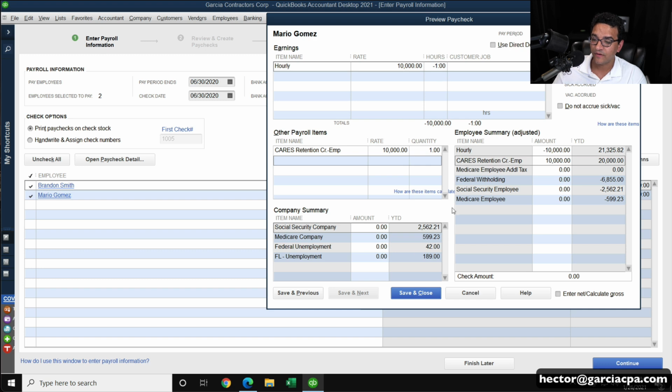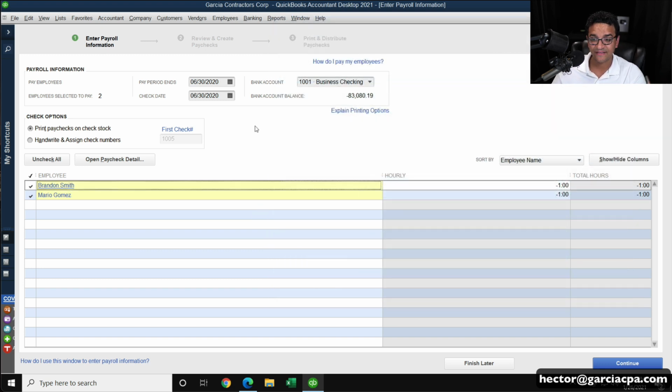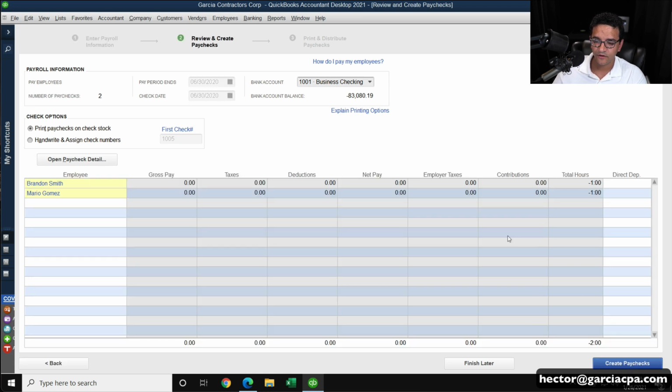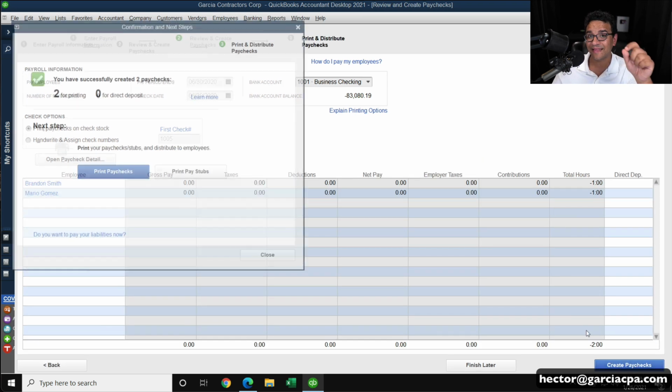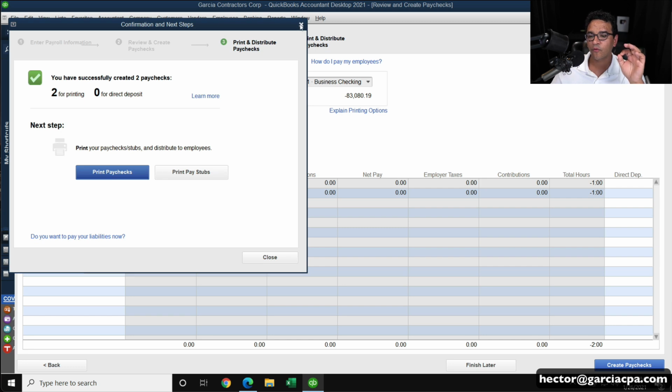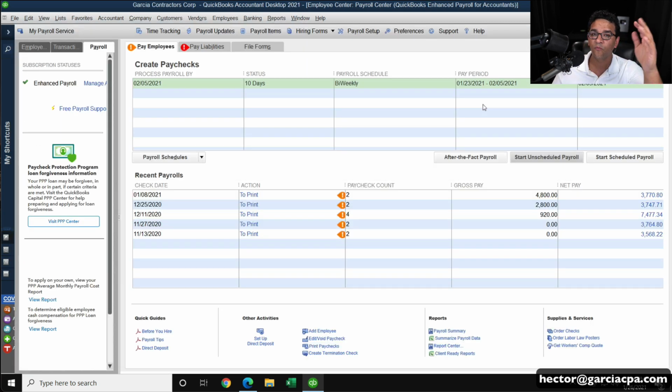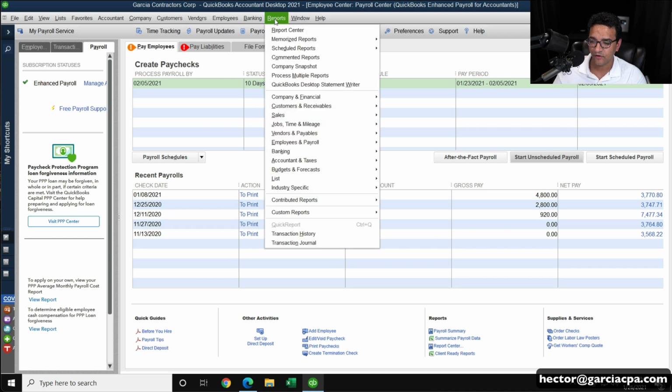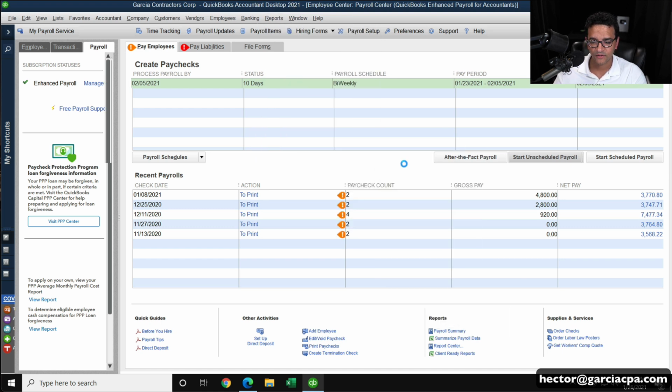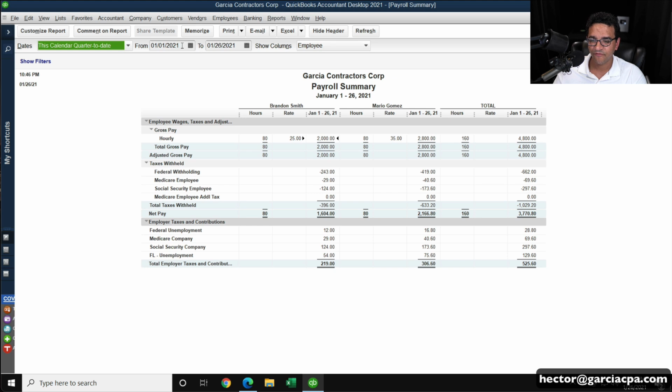So by doing this, I can now hit Save and Close, and that's effectively the workaround. Hit Continue, and I've successfully reported $10,000 worth of payroll for the quarter for each of the employees with those phantom checks. Now, in order to avoid over-reporting that number, I'll go to Reports, Employee Payroll, Payroll Summary, and this is going to be for April 1st, 2020 through